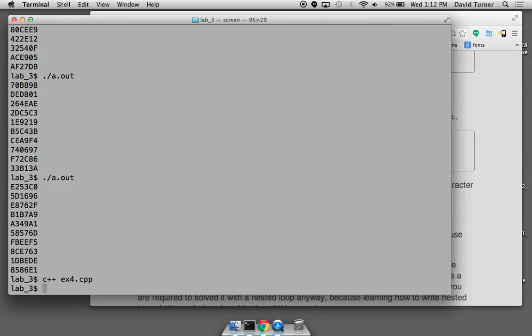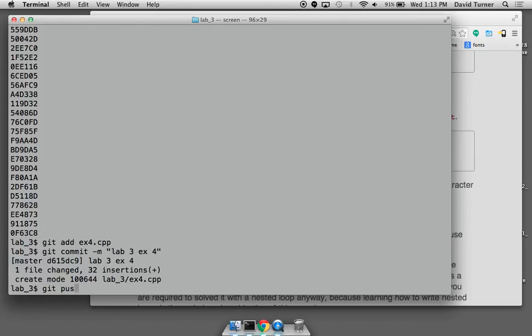Need to compile. There it goes. We could check to see if that's 100. I'm going to add it to the repository. That's it. So can you go back to the